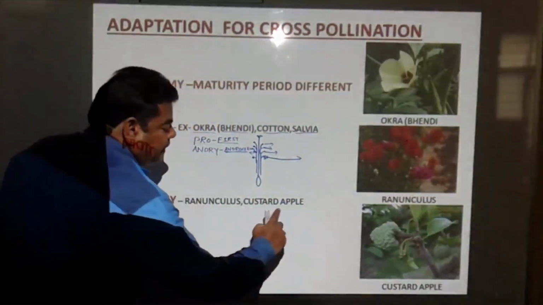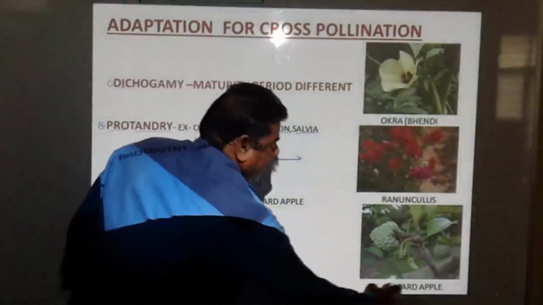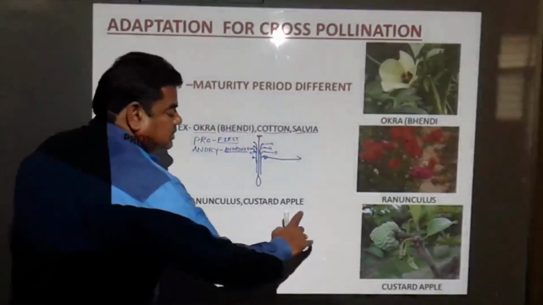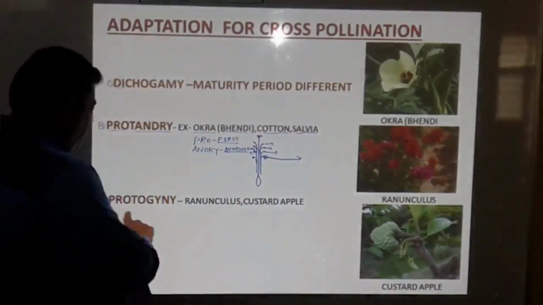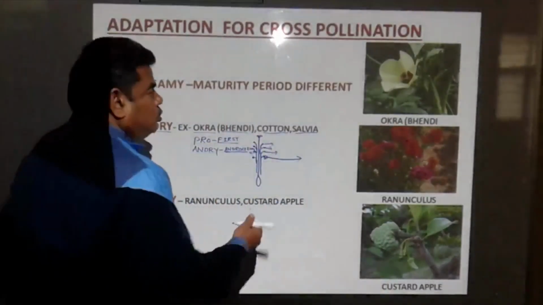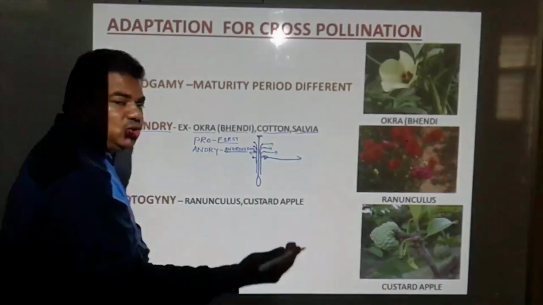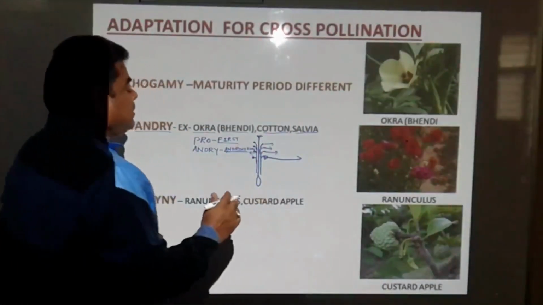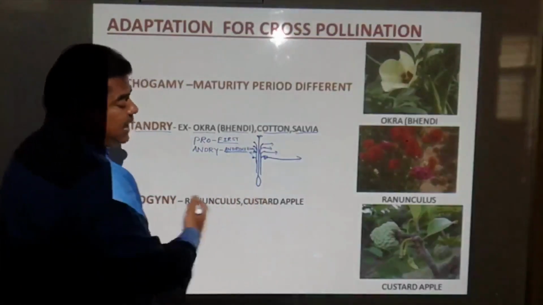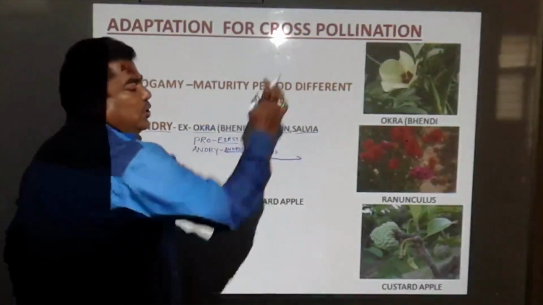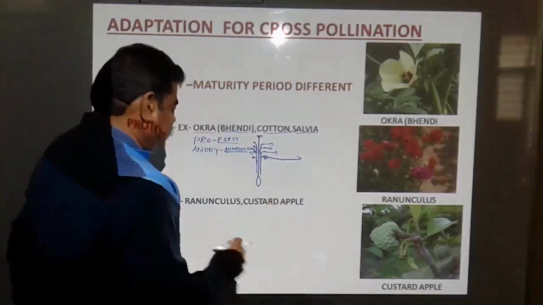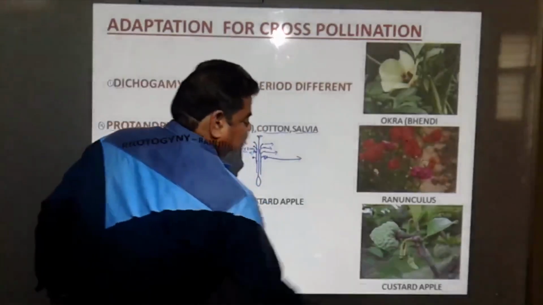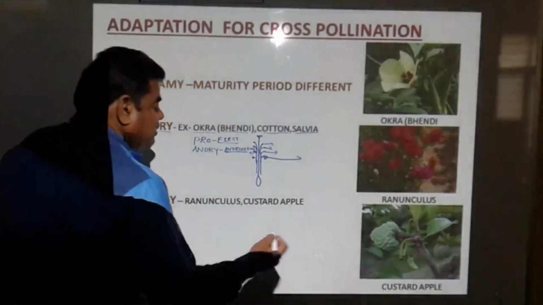And the second example is custard apple, this one, sitaphal. In case of this custard apple, what happened here? Protogyny, to gain cross-pollination and to avoid self-pollination. Like these outbreeding devices, they adopt this to gain cross-pollination and to avoid what? Self-pollination. In case of ranunculus and custard apple, first gynoecium matures,